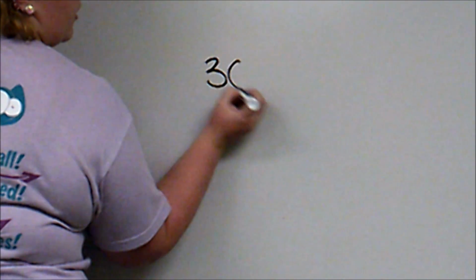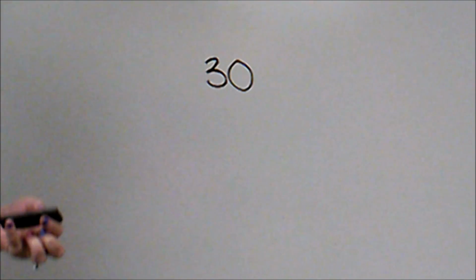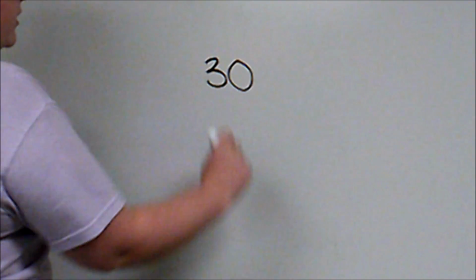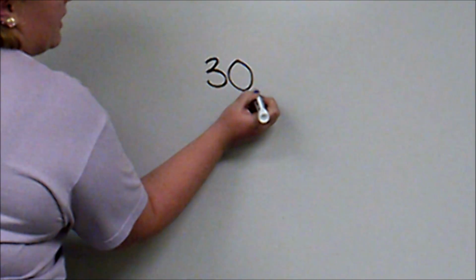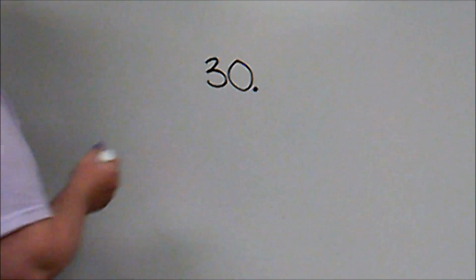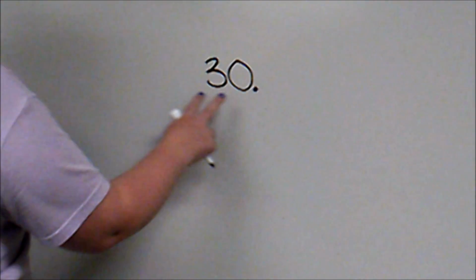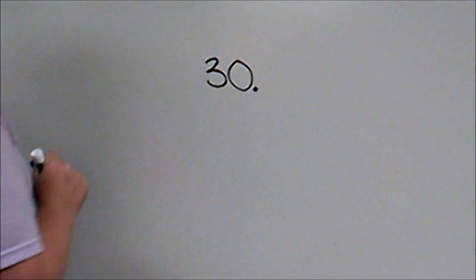So if you look at the board, you will notice the number 30, alright? Regular old whole number. Think about it, guys. Where's my decimal going to be in this whole number? You're right, it's going to be right there. Whether it's there or not, it is there. Whether I have it written on the board or not, there is an invisible decimal behind every whole number, which is kind of cool. So if the problem asks you to identify what 10 times this number is,